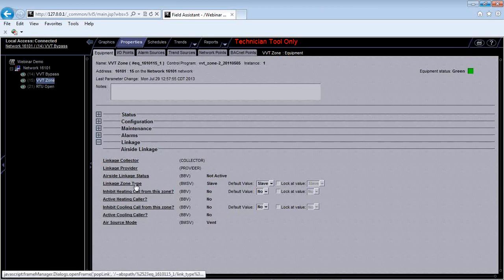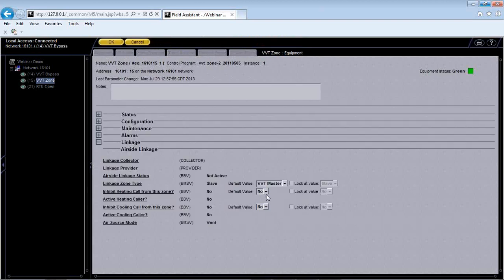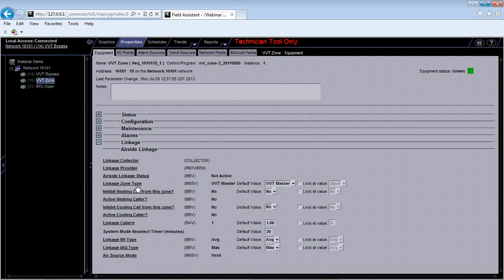Right now, you can set up what type of linkage you have for each zone. Okay, so they all default to slaves, but you want to make the highest address the master. Okay, and I want to set it up for a VVT master because this is a VVT application. I set it up for VVT master. I hit OK. Now, there's two more steps that you need to take in order to set up linkage on here. Okay, the first step is to go to the linkage collector